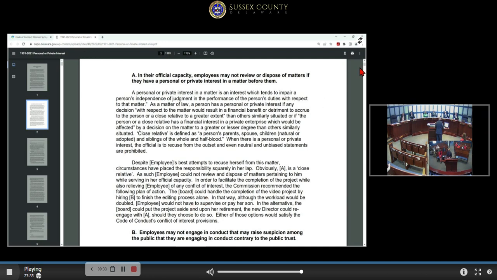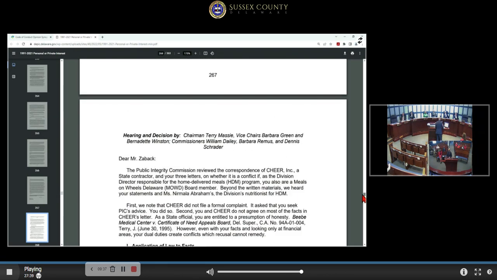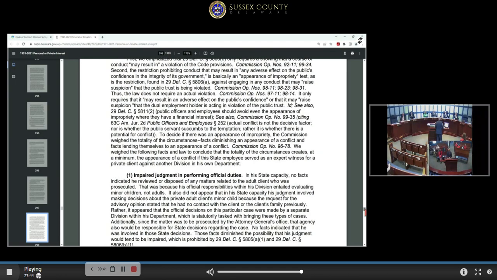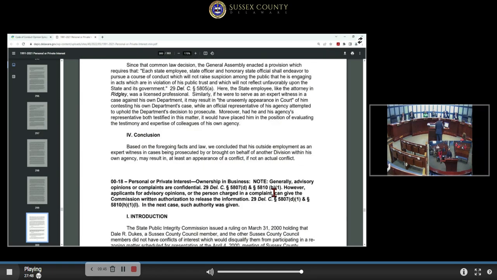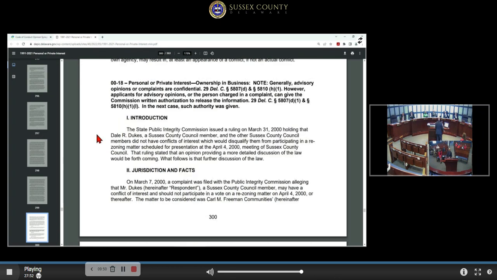I'm going to fast forward all the way down to page 300 because there's a somewhat famous case in Sussex County history, a question that was brought forward to County Council all the way back in 2000, involving the previous County Council membership: Mr. Dukes, Mr. Jones, Mr. Rogers.